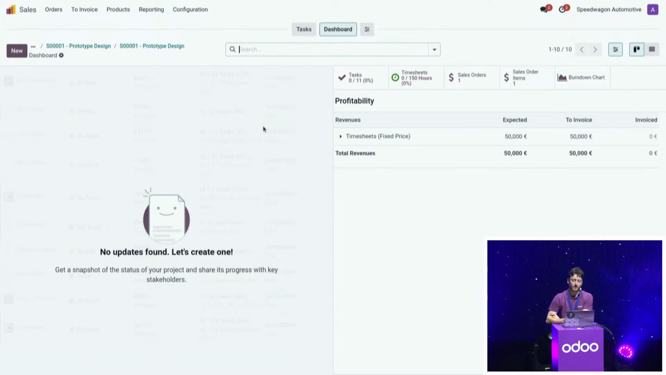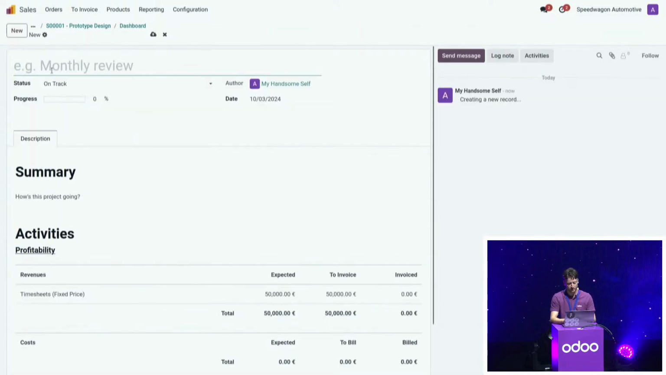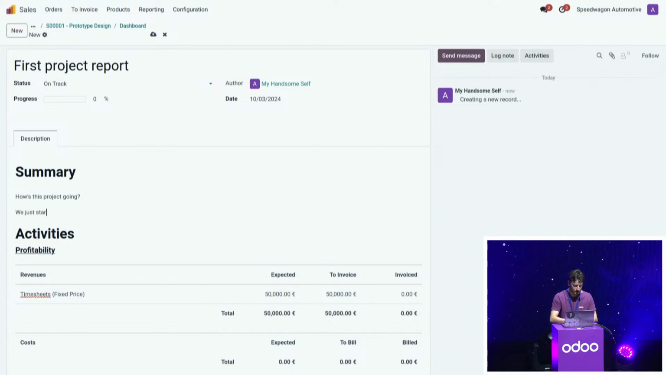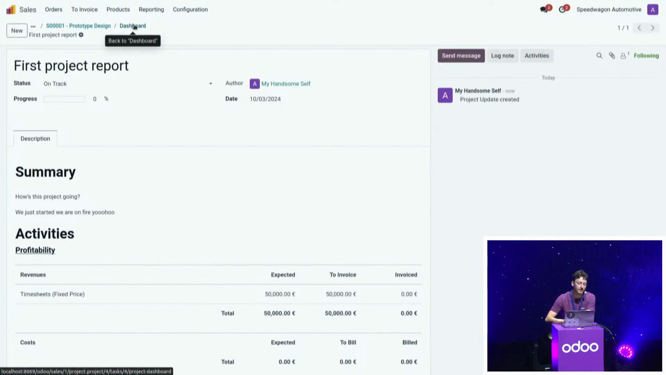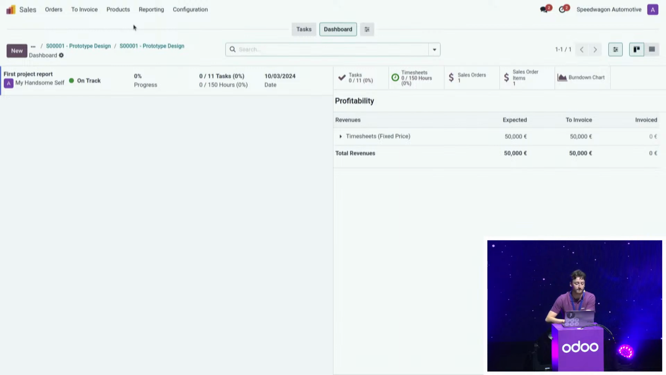But it's also from this view that we can do our project reports. And I know not a lot of people do this, but I always like to create a project report right from the start of our project to remember exactly what was said and what was done. So let's just create our first project report right here. How is it going? We just started. We are on fire. And we can just save this, go back to our dashboard, and as you can see, we now have our first project report right here,